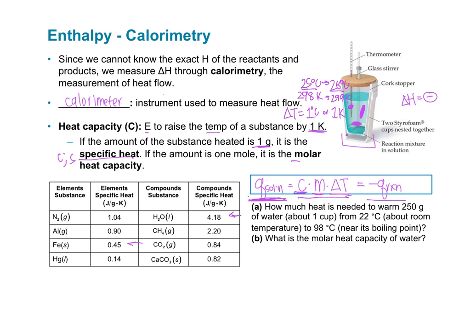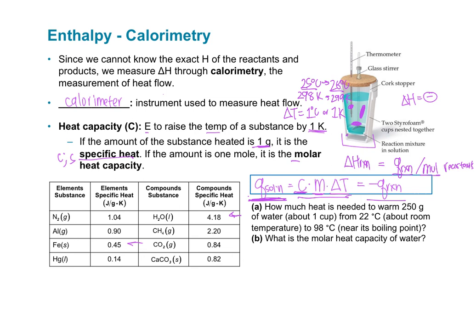And then also a quick thing that I want to hit real quick, the enthalpy of our reaction that we saw in our equations before, that's going to be the heat of the reaction divided by the number of moles of one of our reactants, ideally the limiting reactant if that's applicable. So we're going to take the heat we find in our calorimeter experiment and divide it by the moles of our reactant that we use to find the enthalpy of our reaction.